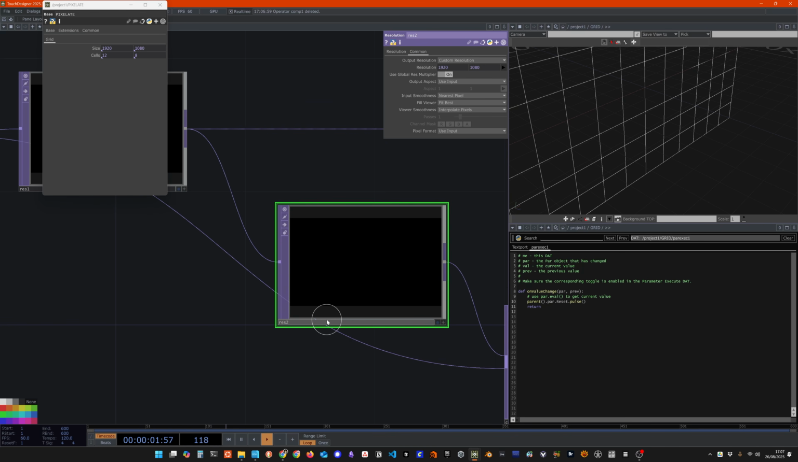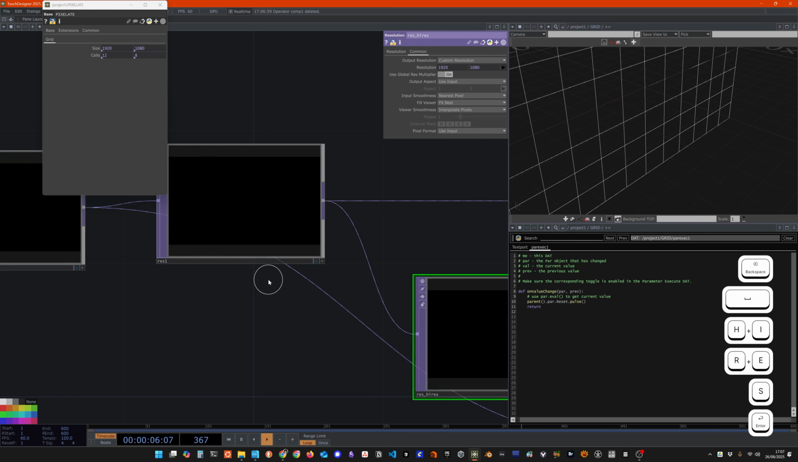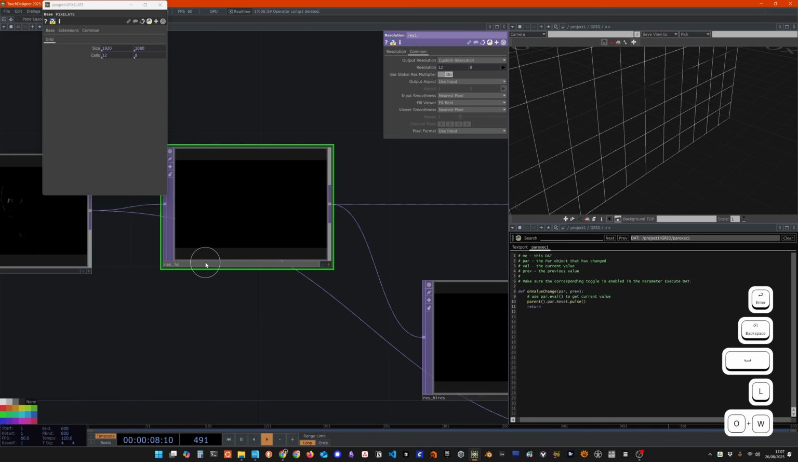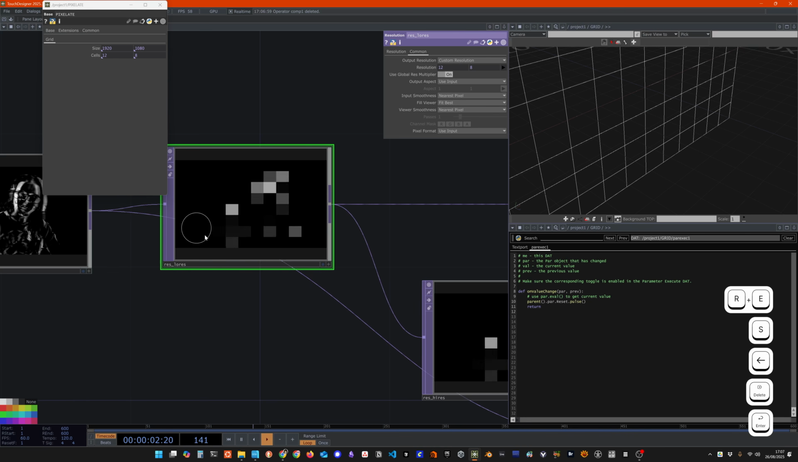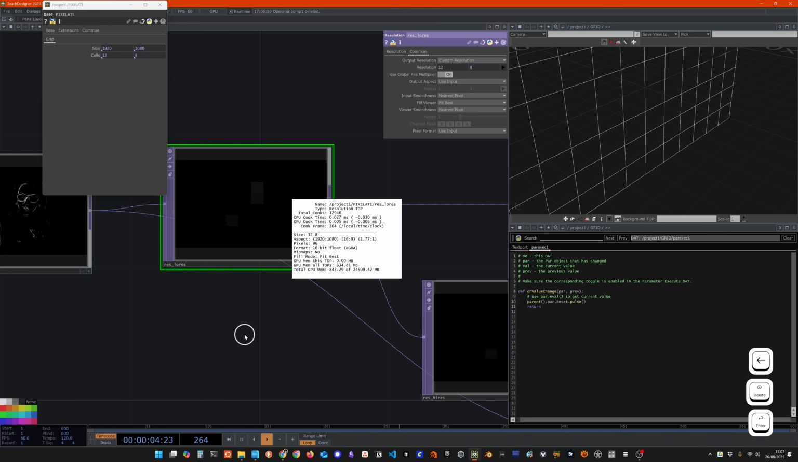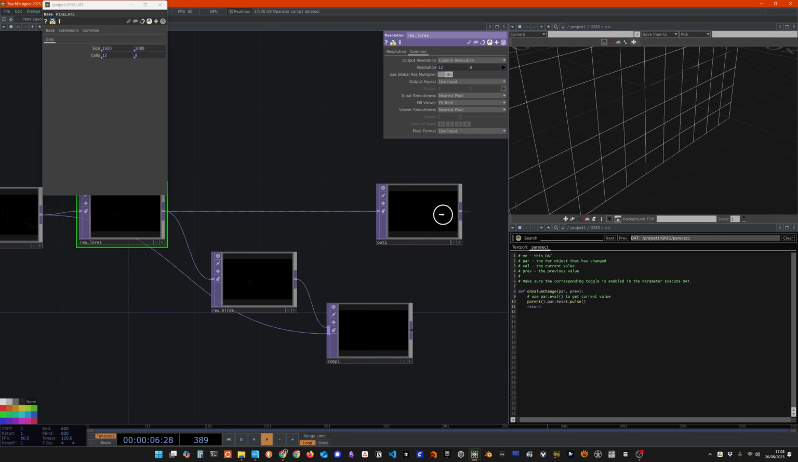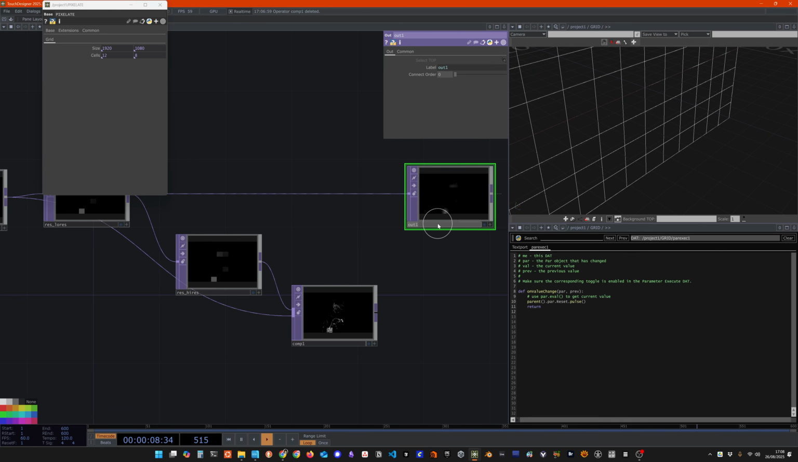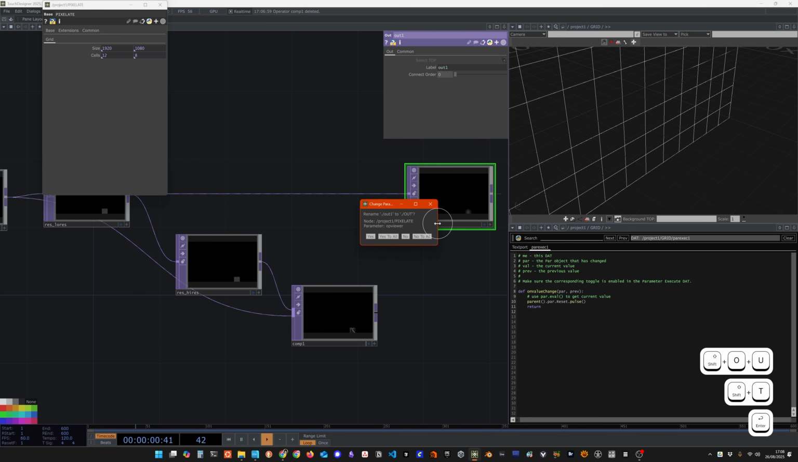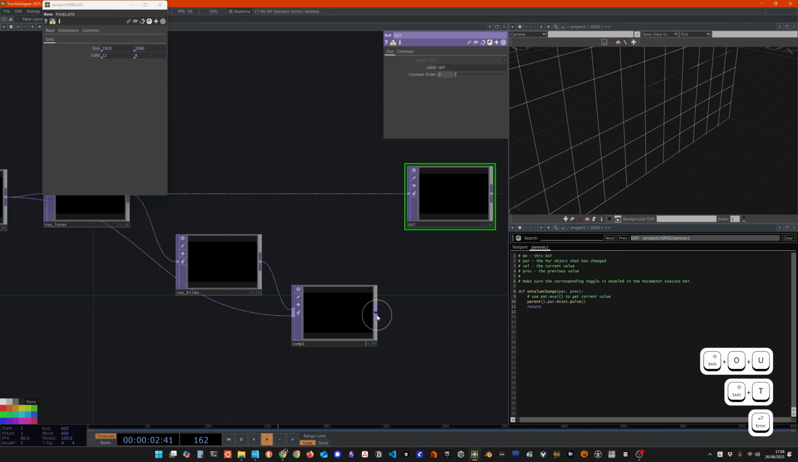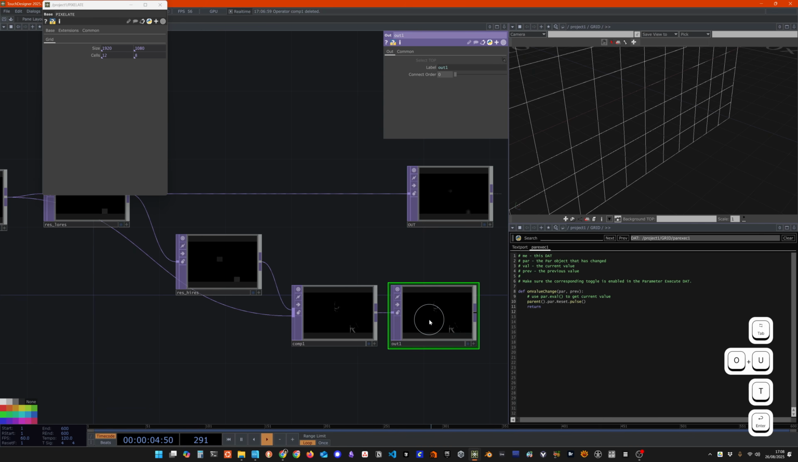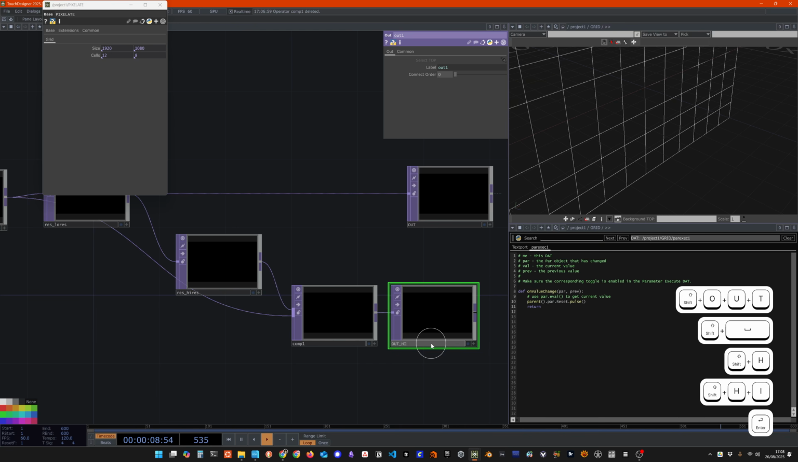So let's call that res, high res. And then this one is the low res. This one is the one I'm going to use for my actual maths. And then let's call that this one out, which is my main out. And then I'm going to create another out. And this one I'm going to call out high, which is for my